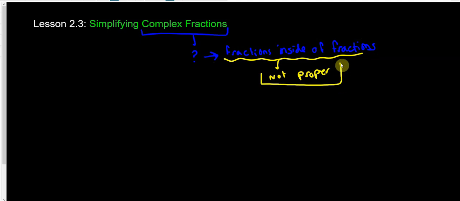It's not mathematically proper. So we have to be able to fix or simplify when we have fractions inside of fractions, or complex fractions. So let's just dive through a few examples to talk about how we're going to go about getting these things fixed. The first thing we're going to look at is when we have fractions inside our fractions like this. So we'll say we have 2x divided by 27y squared divided by a big fraction bar, 6x squared divided by